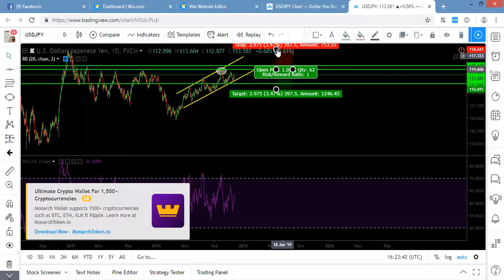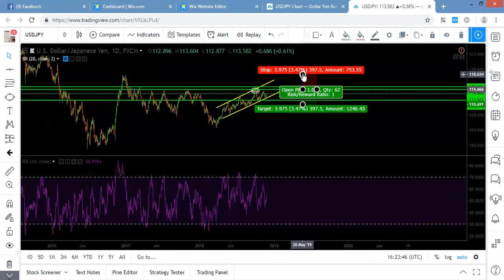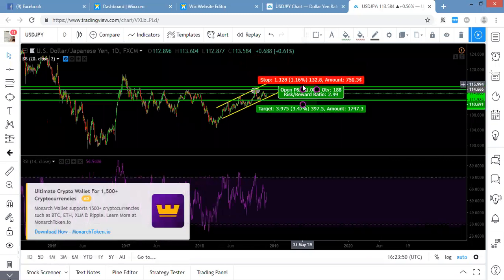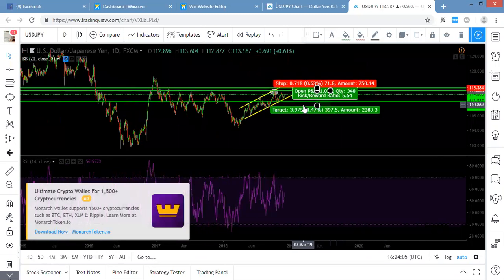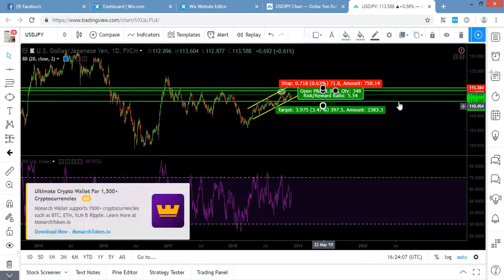And then I'm going to grab the stop and pull it down to the top trend line, which is at 115384. Boom, right there. And then I'm going to bring the target to this bottom line, which is our exit, which is at 111,